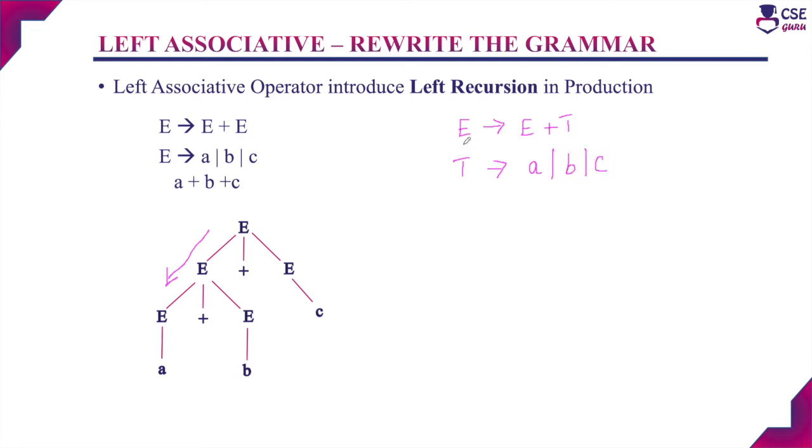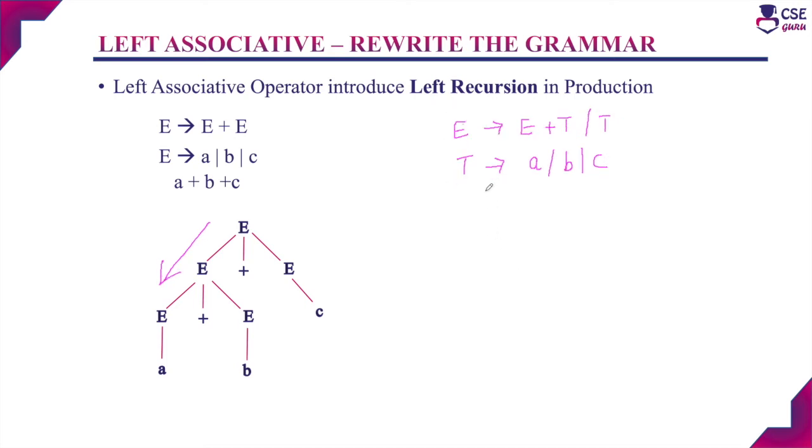Here, E is the start symbol of the grammar. So what is recursion? Recursion is nothing but any function or method calling itself. So E is the start symbol of the grammar, and according to this production rule, E is calling itself as a left recursion. So to replace this non-terminal, we can implement E derives E plus T or T. This is actually the correct unambiguous grammar.